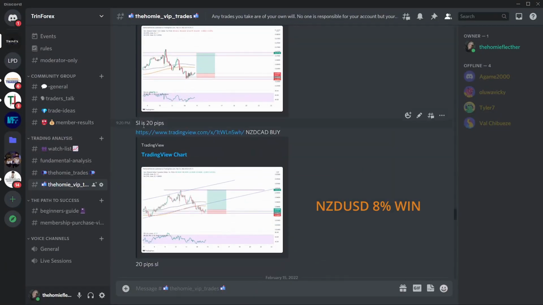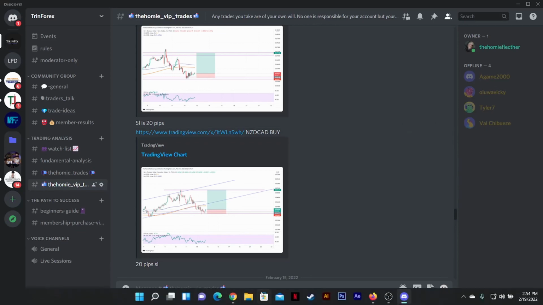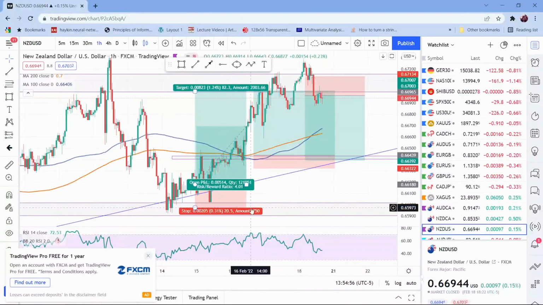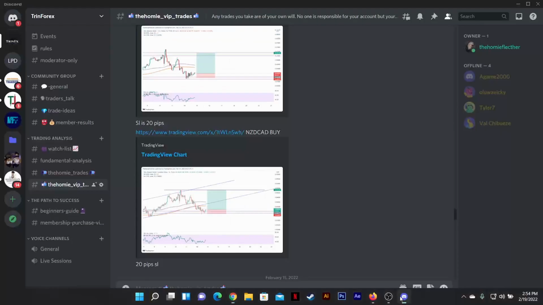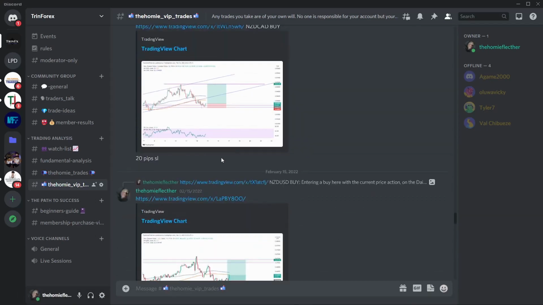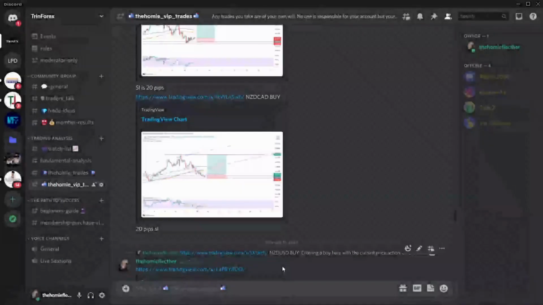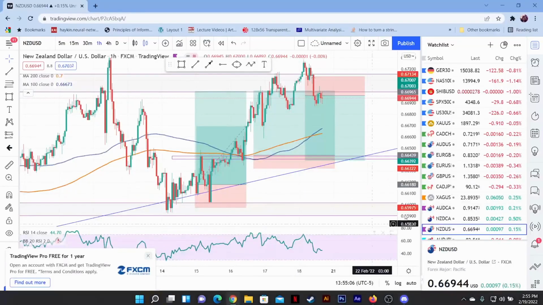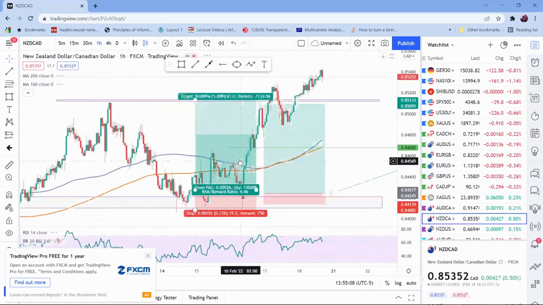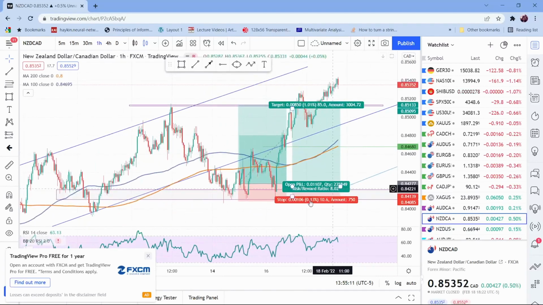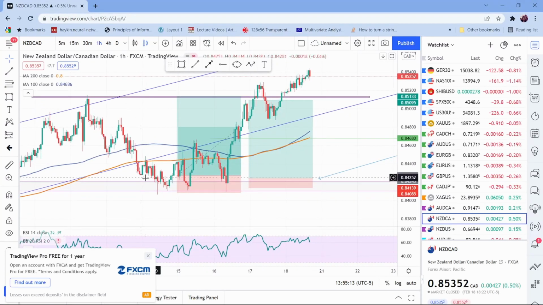So we took that. The stop loss was 20 pips right here. And we also took an NZD/CAD buy as well. This was the NZD/CAD buy right here. Basically the same analysis here as with the NZD/USD. And this was the buy right here. So price pushed,